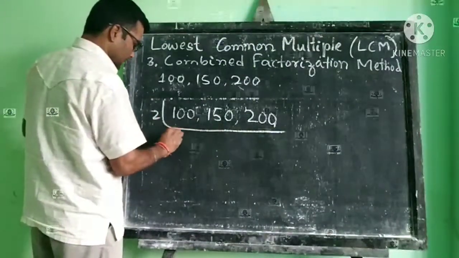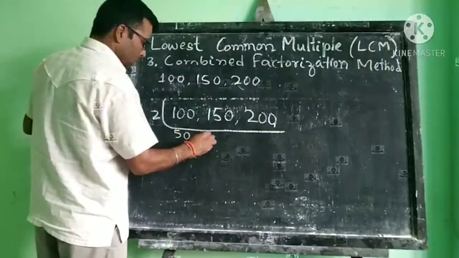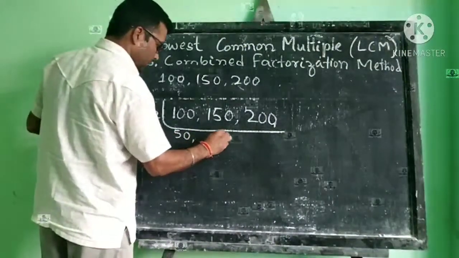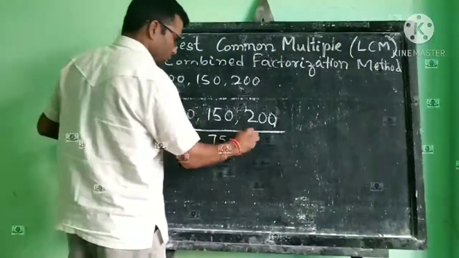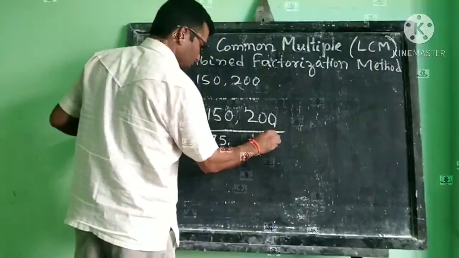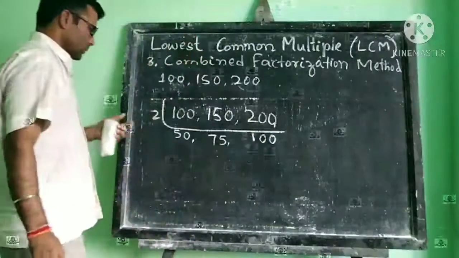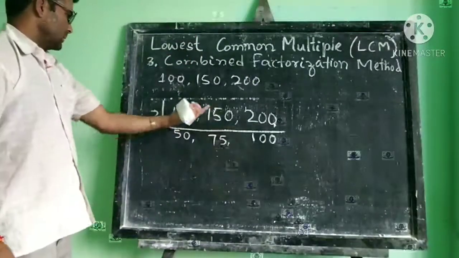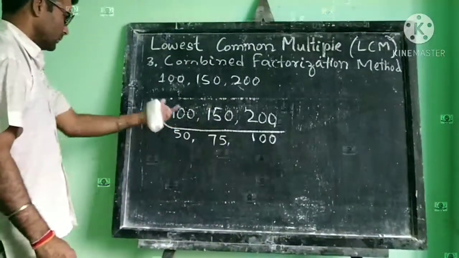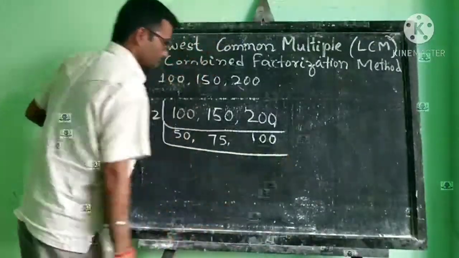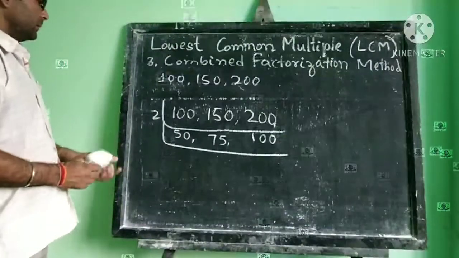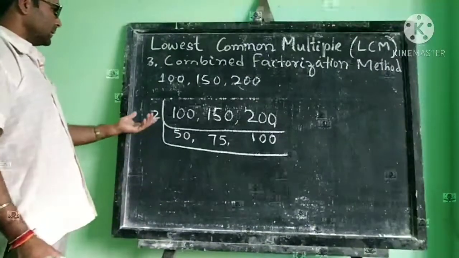2 5s are 10, 2 zeros are 0, 2 7s are 14, 2 5s are 10, comma, do not forget to give comma, then 2 1s are 2, 2 zeros are 0, 2 zeros are 0. So I can divide all three numbers using these two. That means 2 is the common divisor also here in LCM, but here in LCM it is a little different